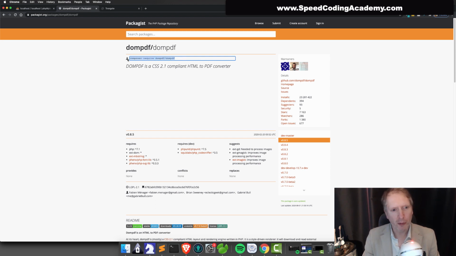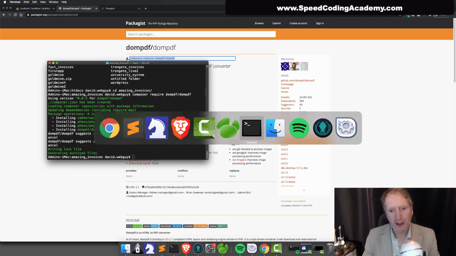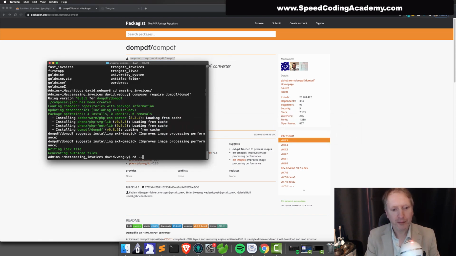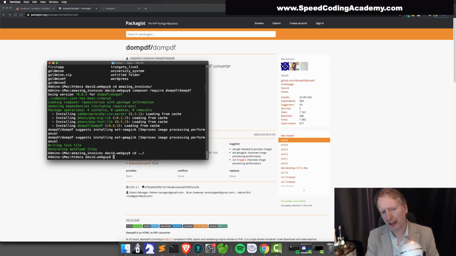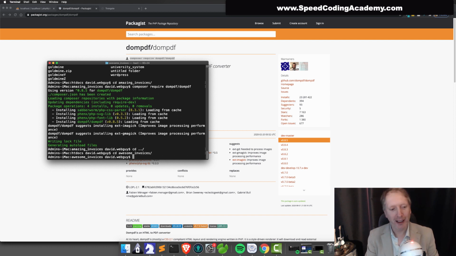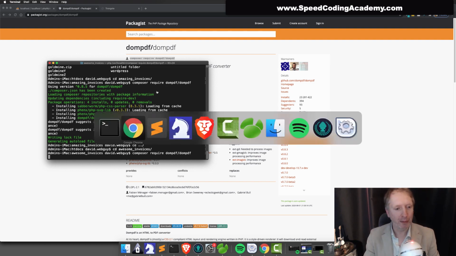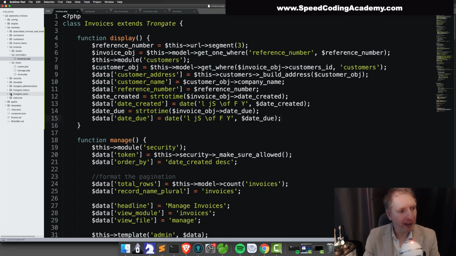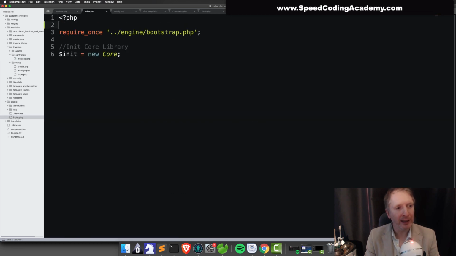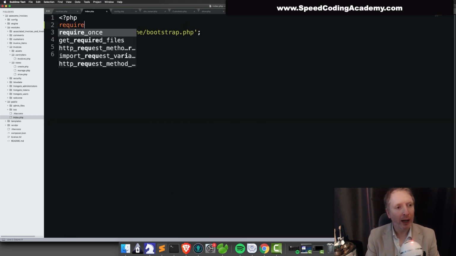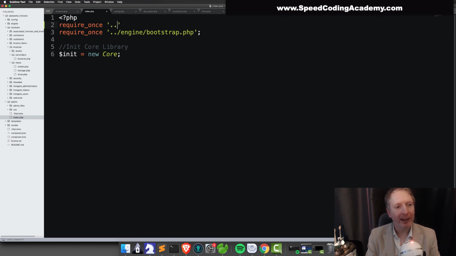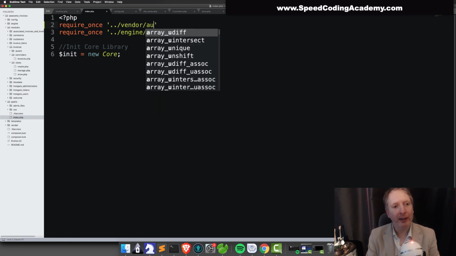So I'll copy this line of code here, heading into the terminal. Now I think that was my practice run, so if I do that, paste in that stuff, it's now downloading the DOM PDF thing. While that's happening, I'm going to go into the public folder, into index, and I'm going to say require once and then /vendor/